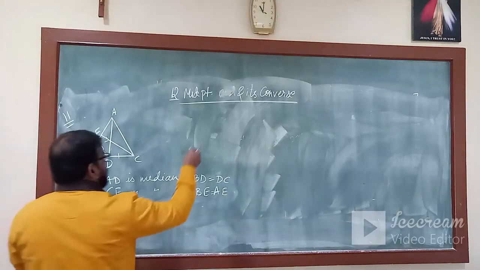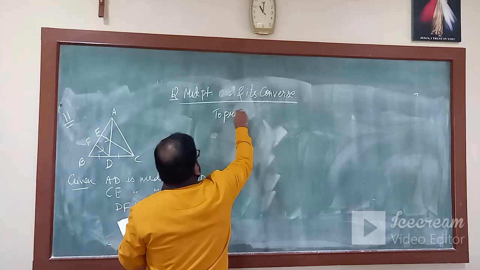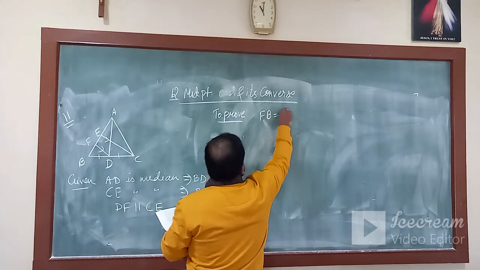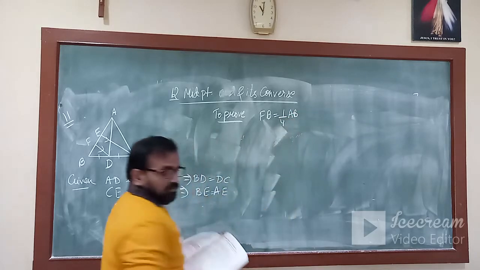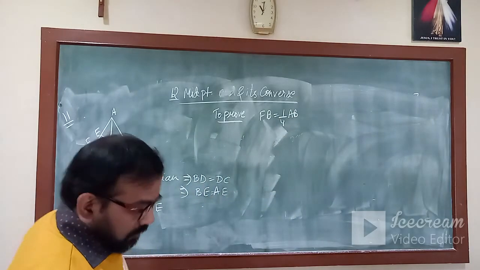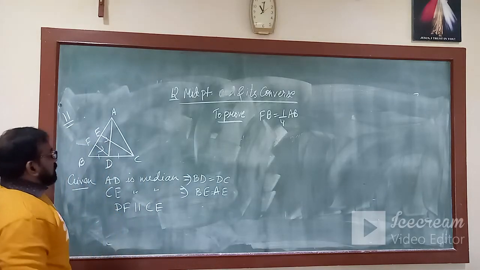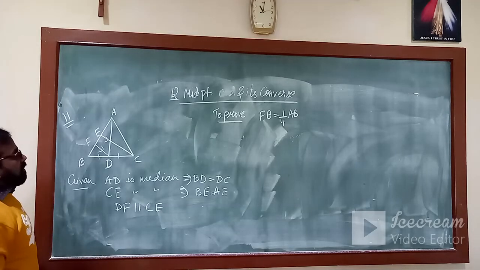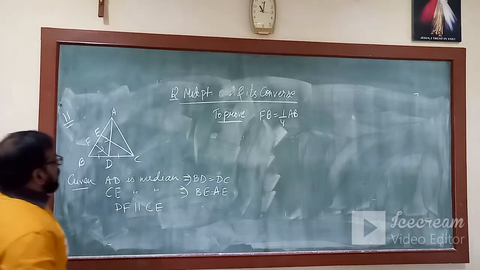So what we have to prove? To prove is FB equal to 1 by 4 AB. Okay, this we have to prove. So let's see. So we will again use the information that is with us. So what we need actually FB. So first what we are going to do, we will take